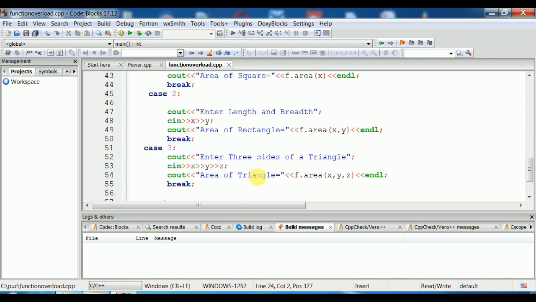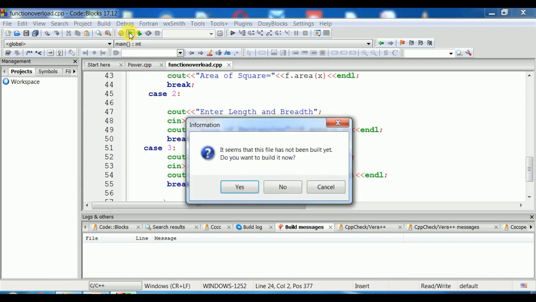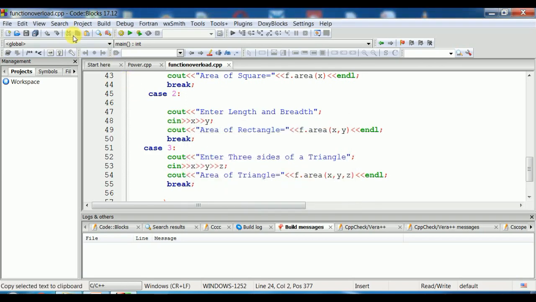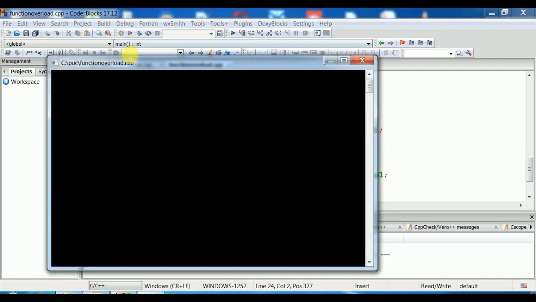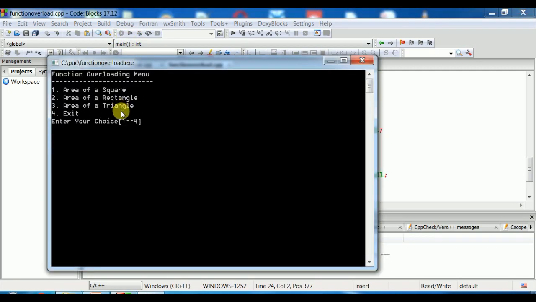Now we will run the program to test how it works. So I'll build the program and run the program. Now we have the options available: function overloading menu, 1 for area of a square, 2 for area of a rectangle, 3 for area of a triangle, 4 for exit. Now the user has to enter a number between 1 and 4. So if I enter 2,